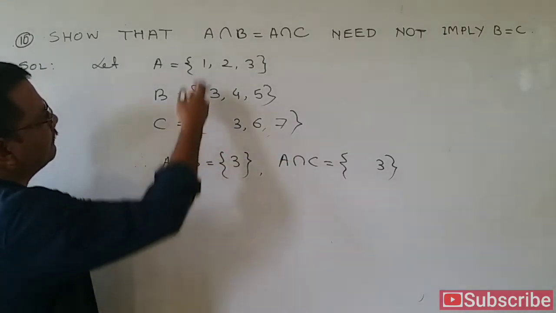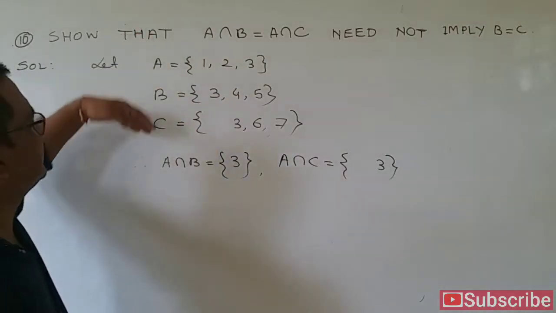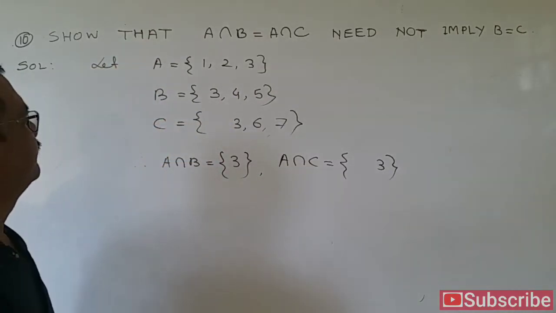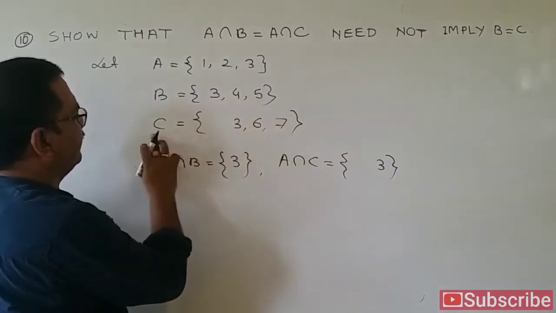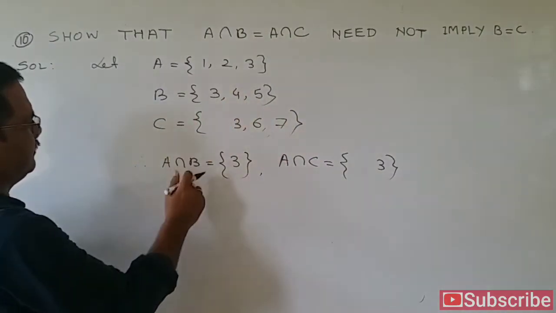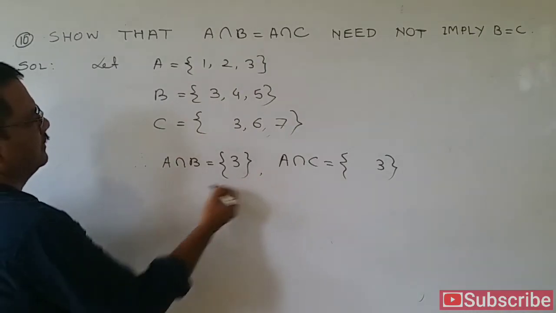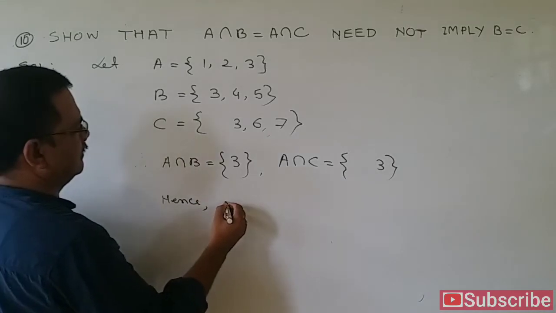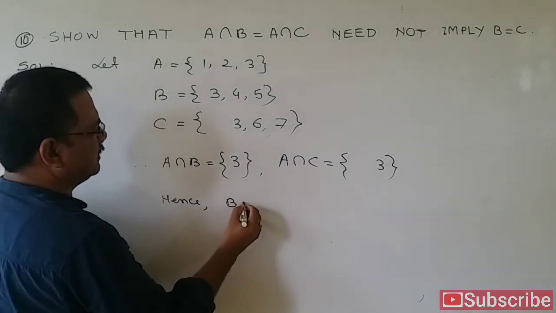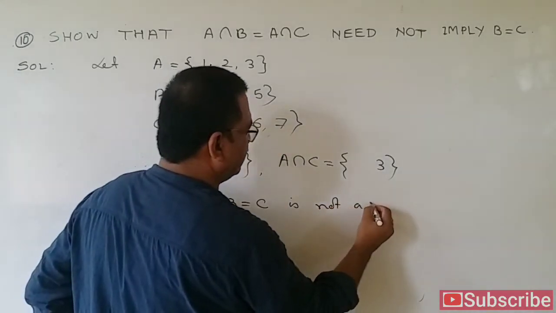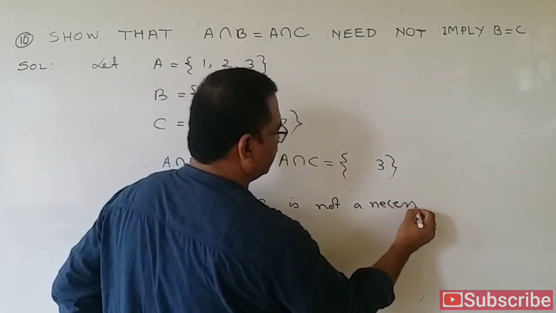But what are you getting about B and C? Are they same, B and C? B contains 3, 4, 5 and C contains 3, 6, 7. Are the two sets equal? No, isn't it? So you can write B equal to C is not a necessary